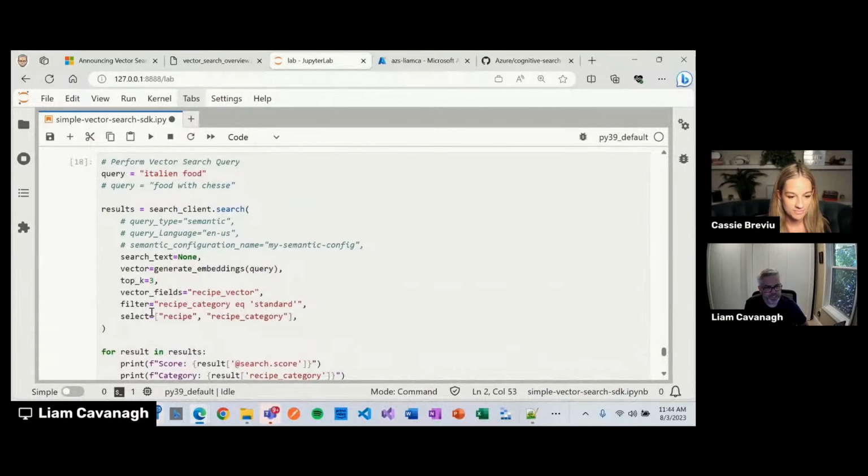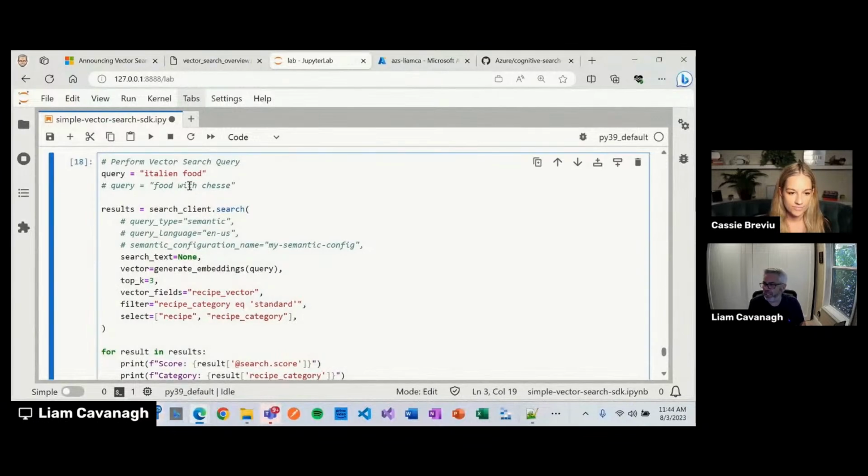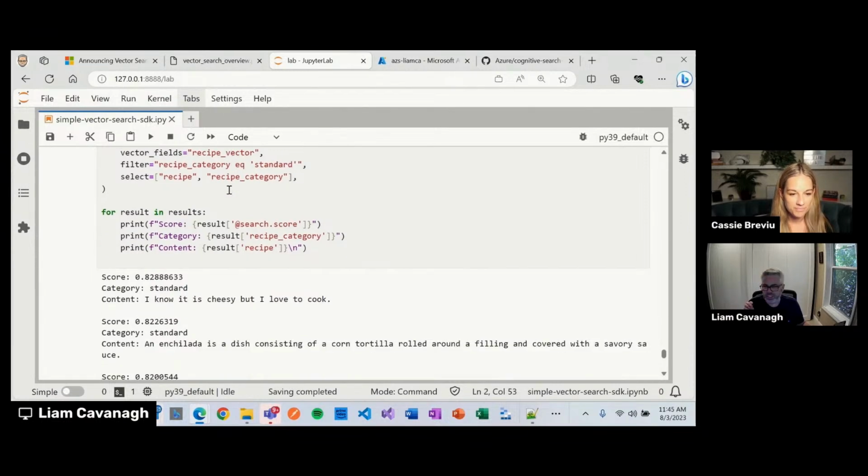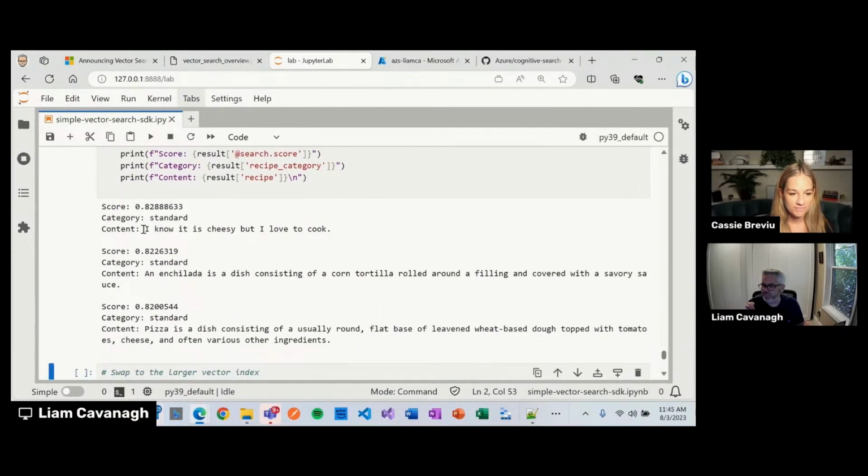Exactly. And so one of the things, Cassie, I'd love to do is talk a little more about some of the limitations of vector search and some of the things we've done to help enable vector search along with other techniques. A good way to do that is to take a different example. I'm going to change the query from Italian food to just food with cheese. You'll notice in this result, which was just using vectors, not text or anything like that, I got an interesting result.